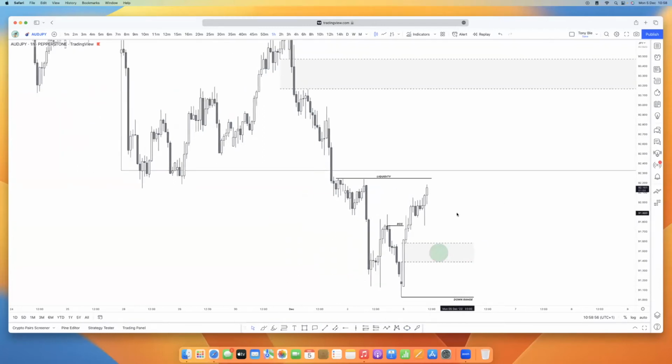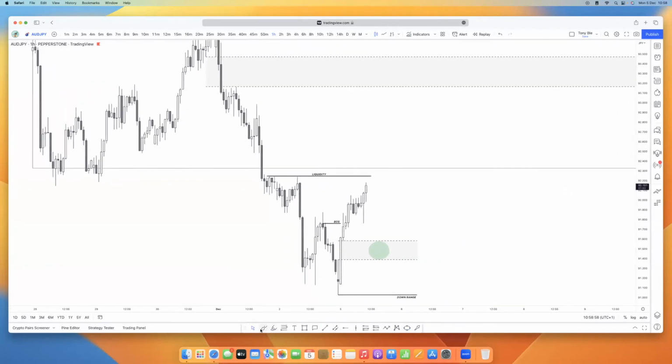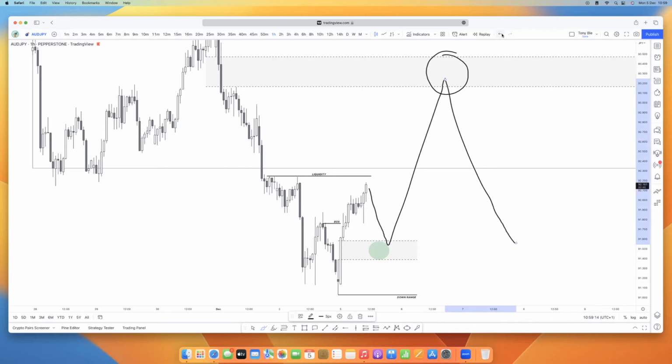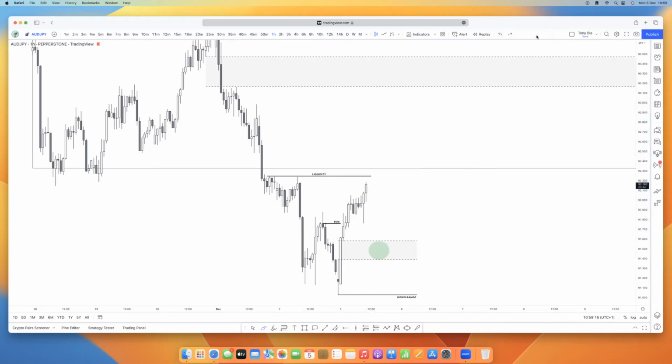So you can keep an eye in this area for a buy opportunity to the upside here. Something like this to go to the upside. This is what we want to see: price sell down, go up. This is where we now want to sell from because the daily is bearish. So we just want to catch the retracement to go up and then continue with the trend to now go to the downside. Okay. Yeah, so that's for AUDJPY quickly.